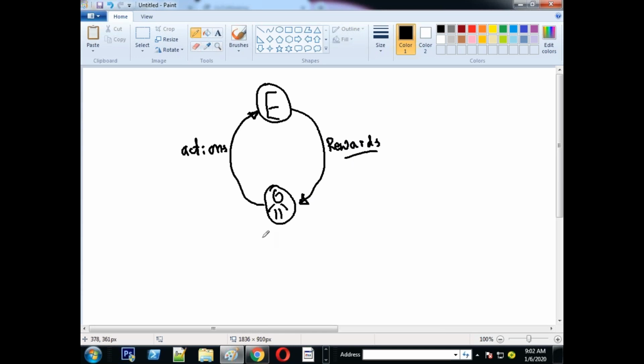Before taking the next action, the agent applies its policy. And after receiving rewards, it modifies the policy. This modification is what we do till